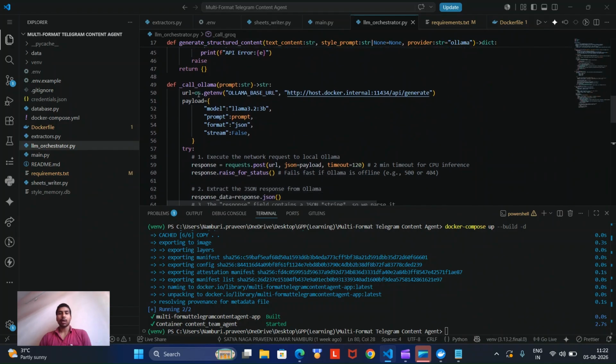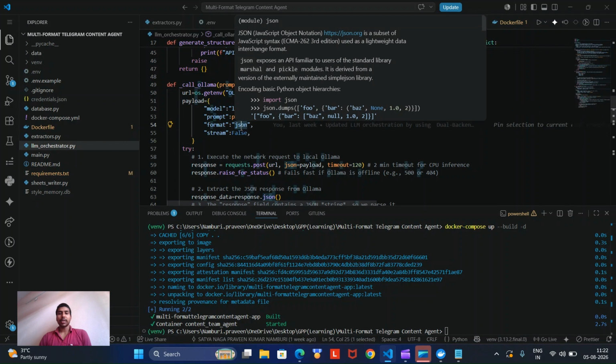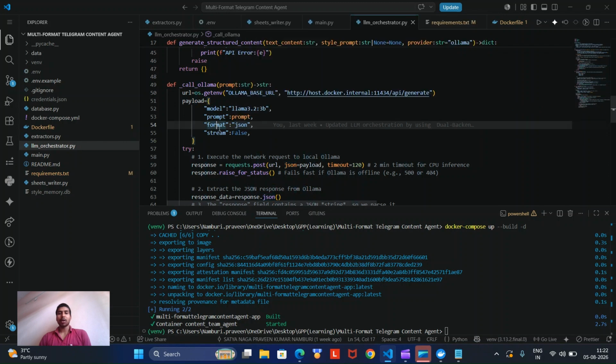And when I send to Ollama within this URL, I have been using Llama 3.2, and we will be using strictly JSON output. So we are setting the format to JSON, and stream colon false means